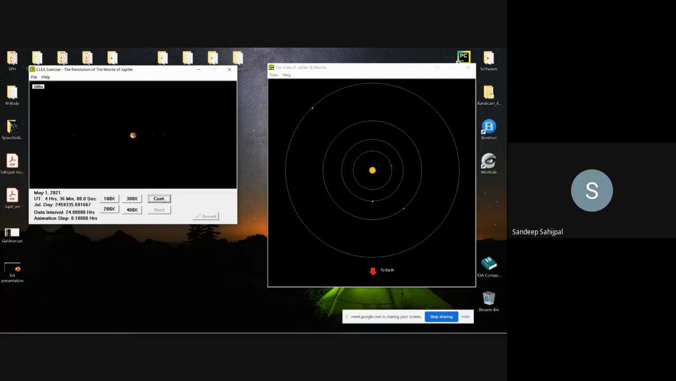If you run it in continuous mode, you see this. Ignore this, there is an eclipse. So the satellites are going around. So you can use